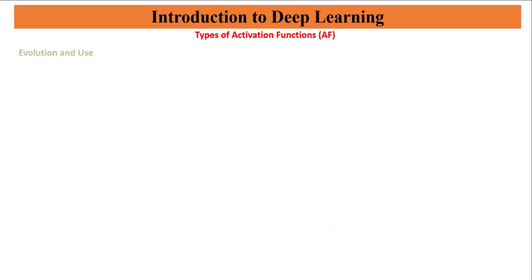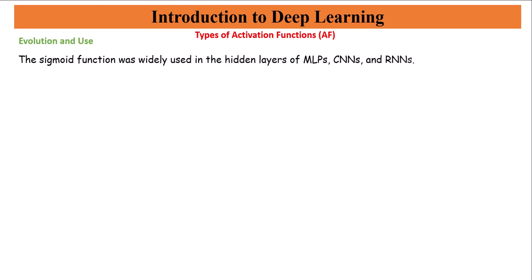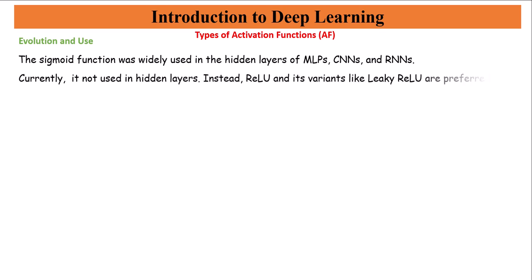Evolution and use of the sigmoid function in neural networks. In the early days of neural networks, the sigmoid function was widely used as an activation function in the hidden layers of multilayer perceptrons, convolutional neural networks, and recurrent neural networks. However, its application has significantly evolved over time. Currently, it is not used in hidden layers due to issues like vanishing gradients and saturation. Instead, the rectified linear unit and its variants like leaky ReLU are preferred due to their computational efficiency and ability to